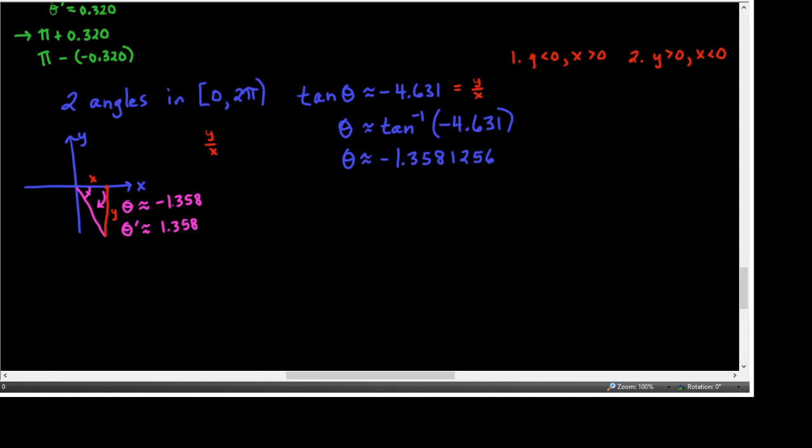Before I do that, however, I want you to realize that that negative answer we got is not acceptable. We have to find the angle that starts at the positive x-axis and goes all the way around to there, which is what we did last time. So our answer that we're going to accept is a coterminal answer to the one that we were presented by our calculator. We're going to have to add 2 pi to get a coterminal answer that's between 0 and 2 pi. And so you should get